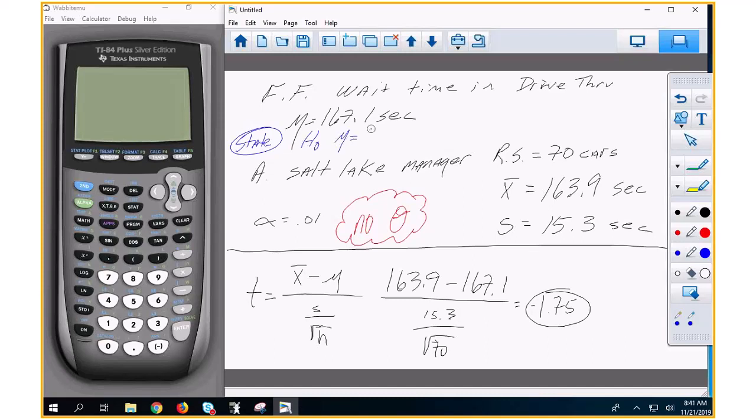Mu is equal to 167.1. And the alternative is mu is greater than. I think I said greater. We said less than in the problem. Less than 167.1, and we got a significance level of 0.01. Okay, so we stated that,